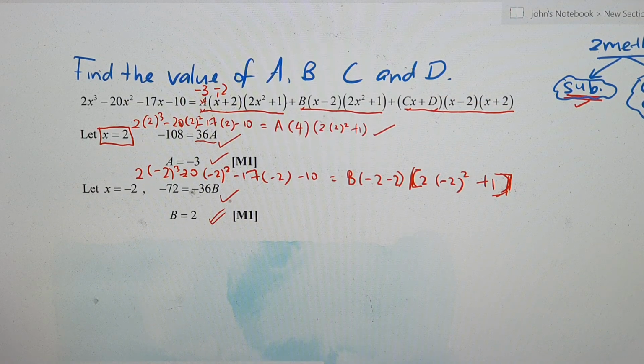Alright, and now that you know B is 2, put 2 here. B is no longer unknown, meaning your unknowns are just C and D. Your job is to find these now. Now, you have substituted 2 just now to get rid of this, and then this whole thing is gone, right? And then you substituted minus 2 to get rid of this, and this whole thing is gone again. Alright, but now you cannot get rid of this anymore. You have to find C and D, right? So your C and D has to stay here. And what is the next thing that you can do? You can